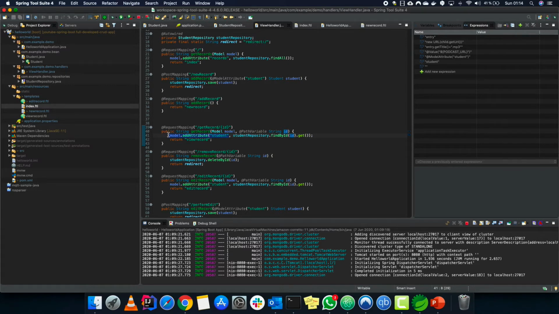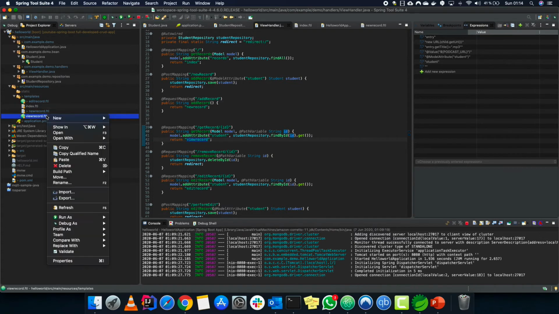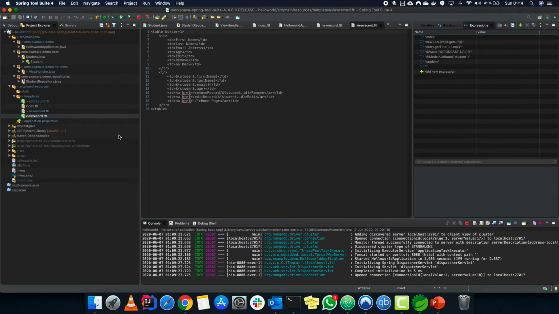So once we have our record, we save that record as a student attribute, and then we call view record. So into view record, which is this one, once view record is called, we go there, and we have a table, first name, last name, and everything.